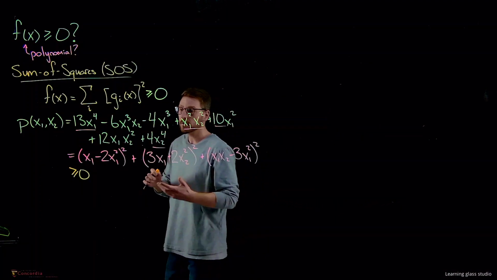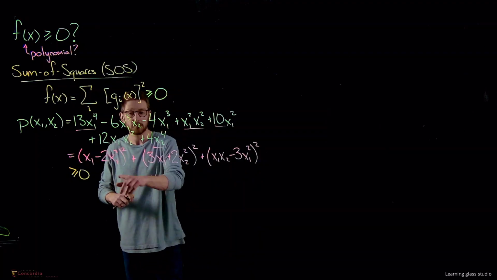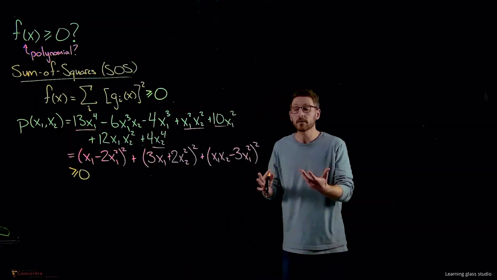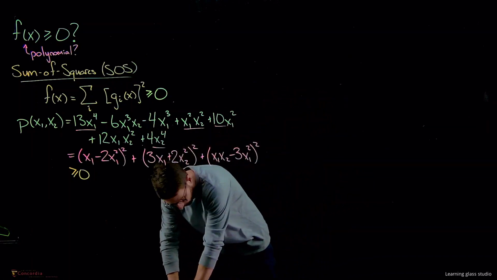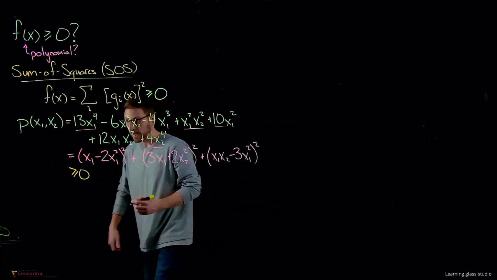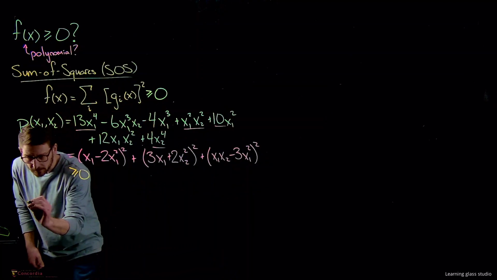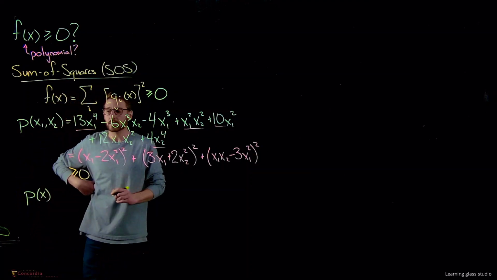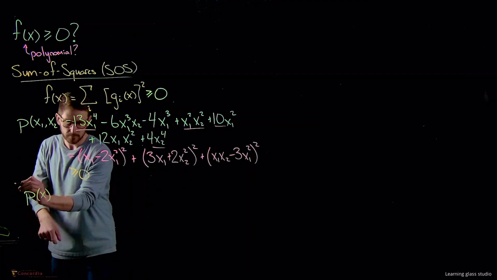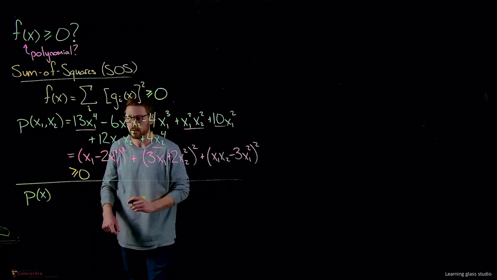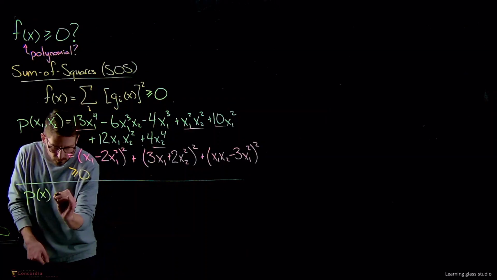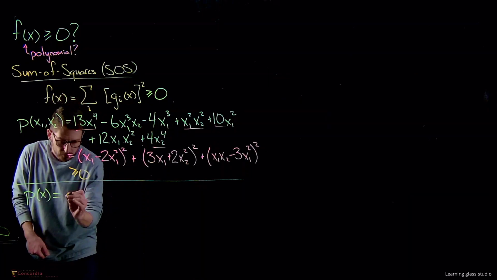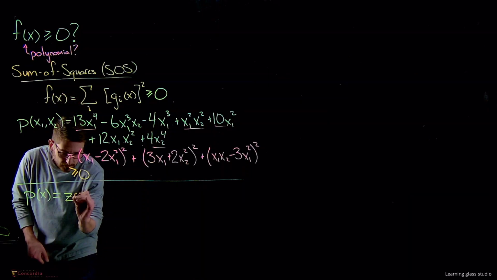So the question is, Jason, how did you find this? How could I find this? How could I verify that functions are non-negative myself? Well, it turns out that if you want to find a function p to have a sum of squares representation, so here I'm just talking about p as a general polynomial, if it can be written as a sum of squares, it has to be written as